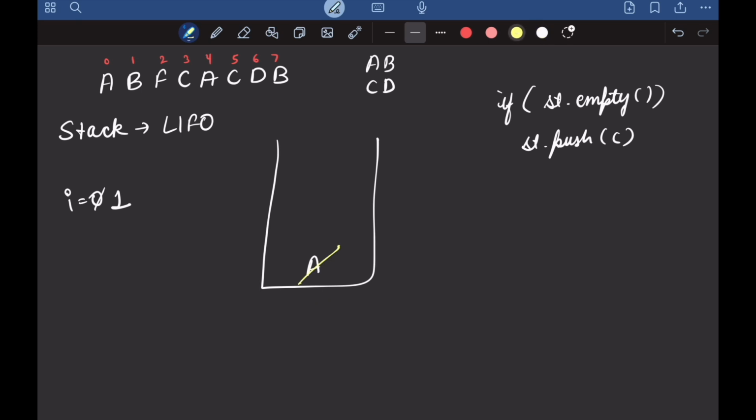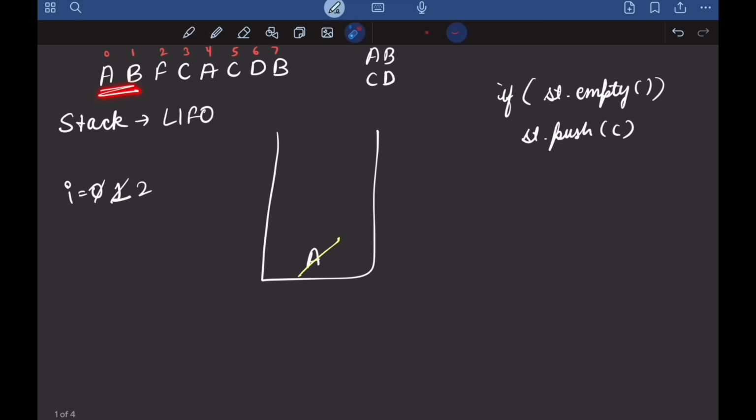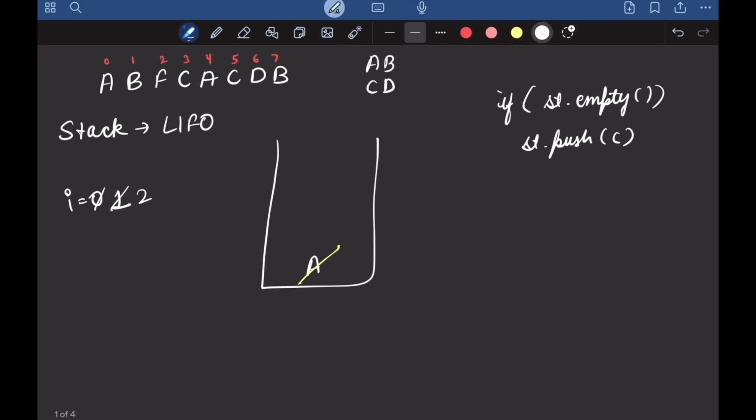We will pop this, right? And we will increase our I also. So that means we have removed this. Now we are considering from here. So for this, what you check is whether the top element in my stack is equal to A, right? And my current element is equal to B, right?